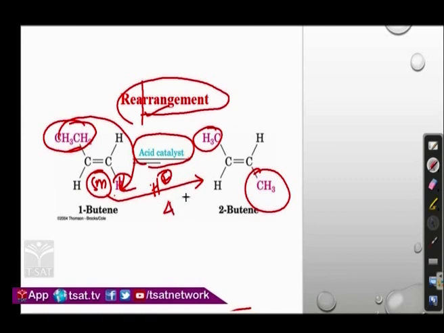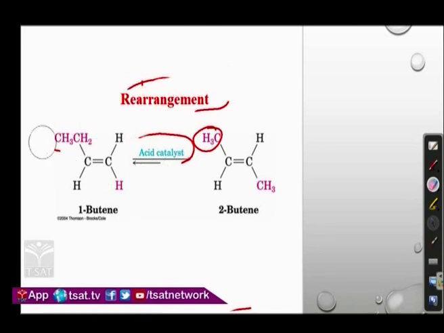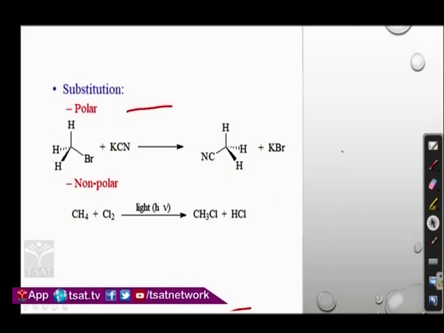Okay. So, here this molecule, if you can see, is 1-butene, which is reacted in the presence of an acid catalyst, and it is converted into 2-butene. Okay. So, this is one specific example of a rearrangement reaction. Okay. In the next reaction type, we are going to see